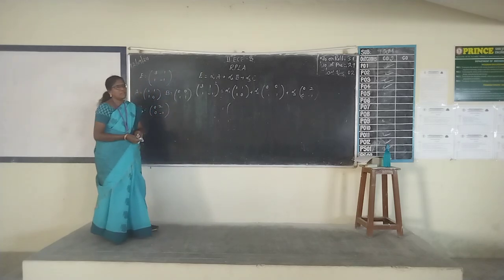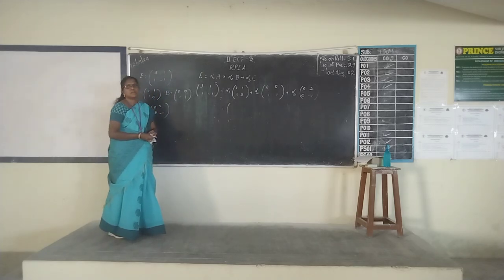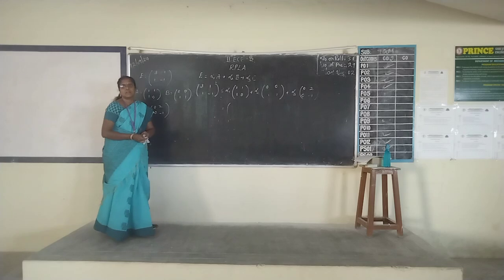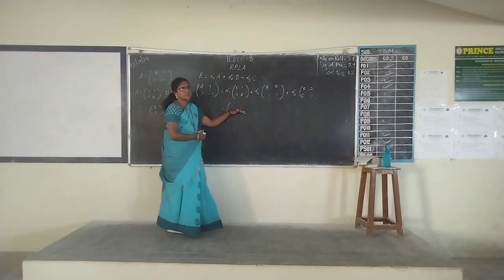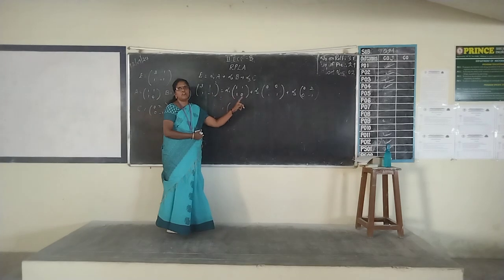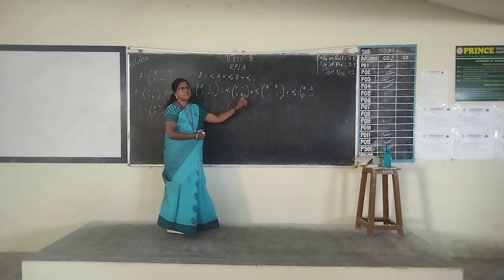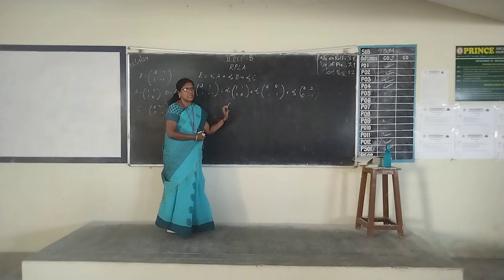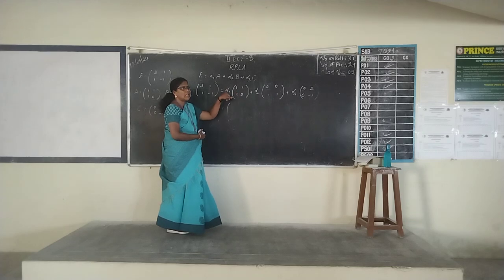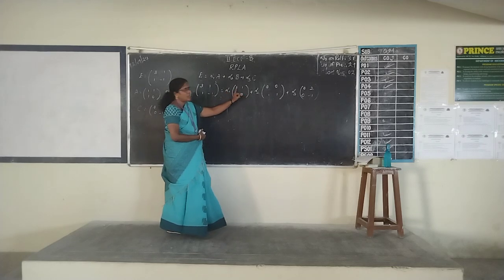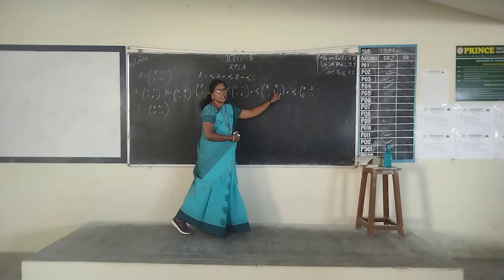Alpha 1, alpha 3. What will be the first element? Alpha 1. How do you get it? Add all the first row, first element. Alpha 1, alpha 2, alpha 3 should be multiplied inside. So what is the answer? Alpha 1 into 1 is alpha 1. Alpha 2 into 0 is 0. Alpha